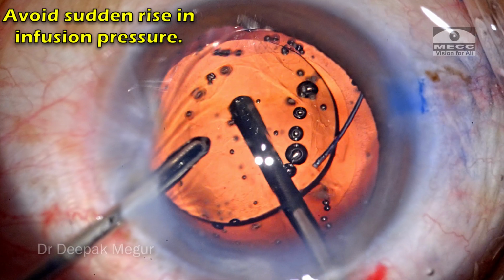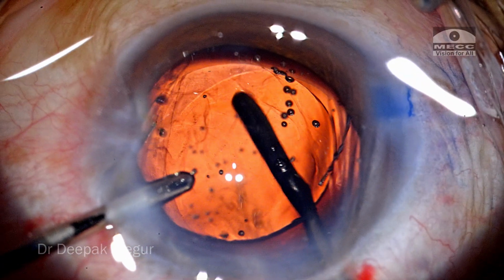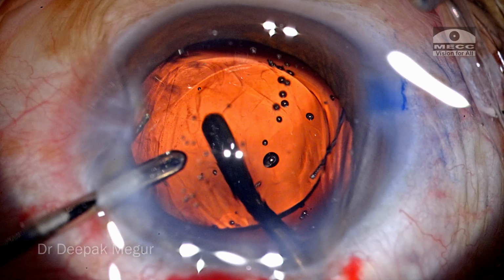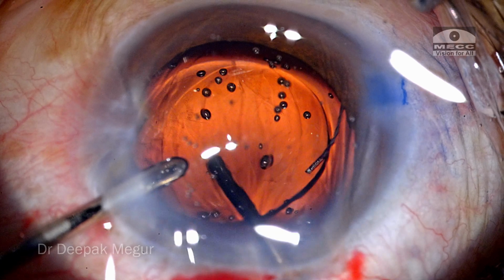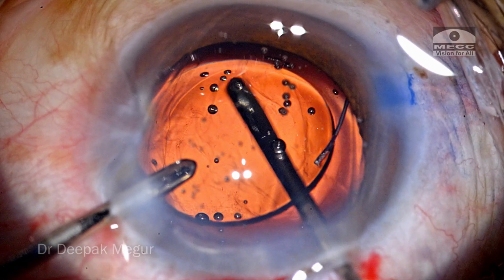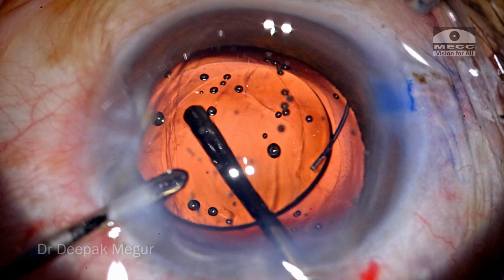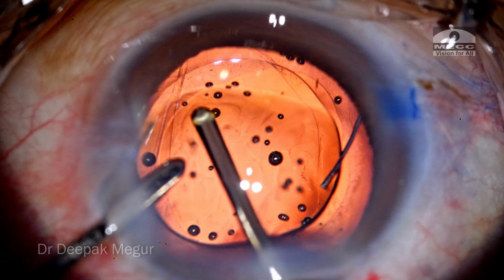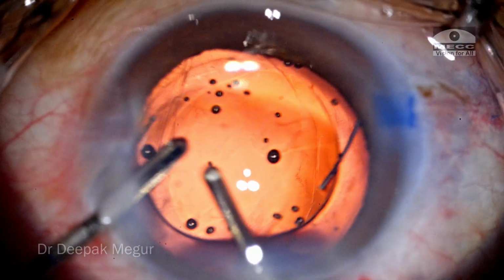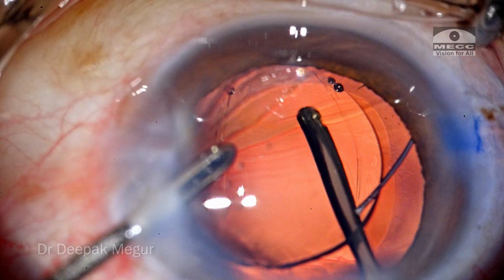Mind you, when in a vitrectomized eye with an open posterior capsule, if you go in with a very high infusion, there are distinct possibilities of the lens itself dropping down in the vitreous cavity because of the raised infusion. So always begin with the low infusion and gradually increase the infusion as the OVD gets aspirated out. So I prefer to always go ahead and remove the OVD which has gone behind the lens and then in front of the lens, and once the eye is clear of the OVD,